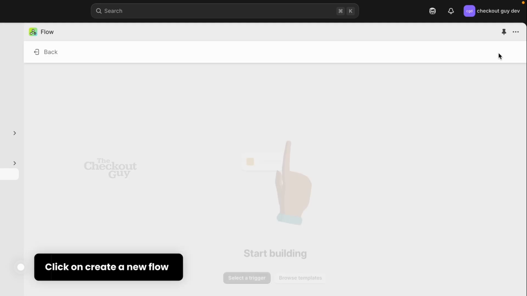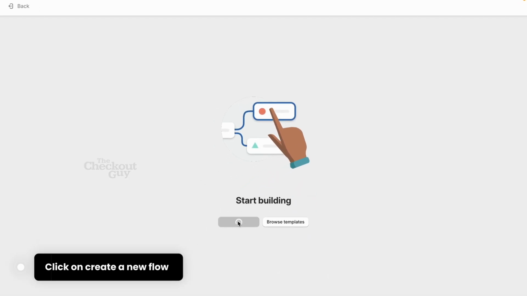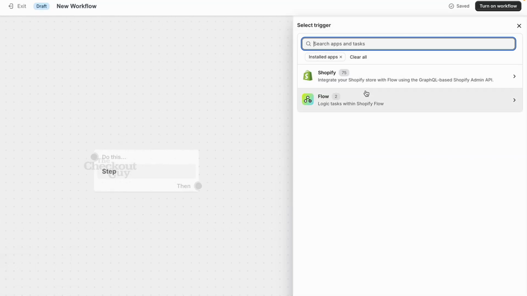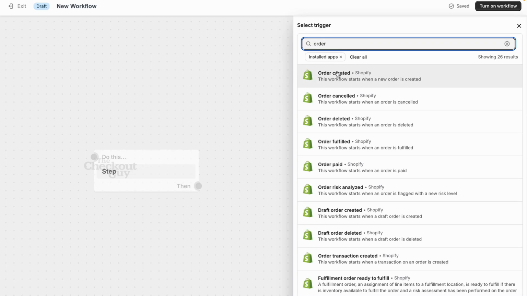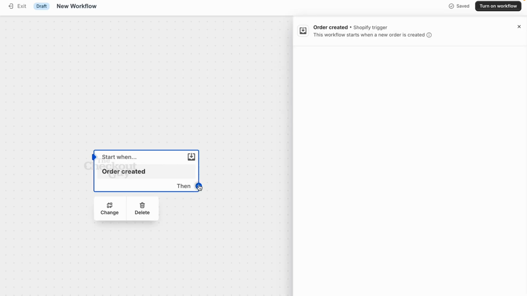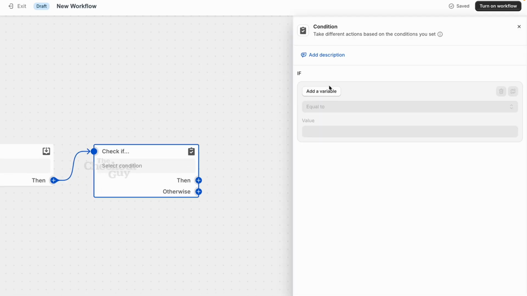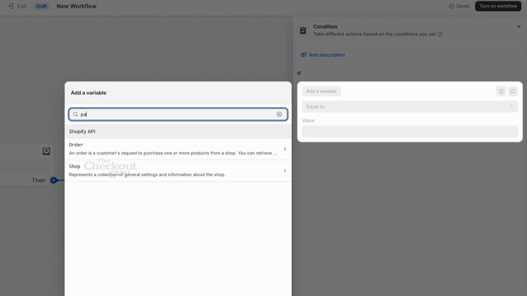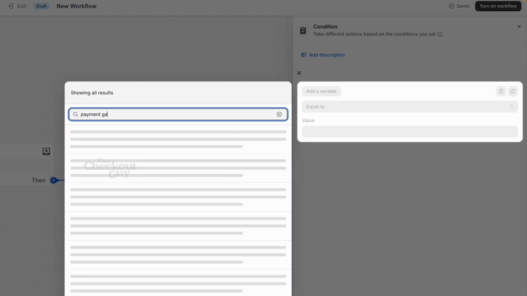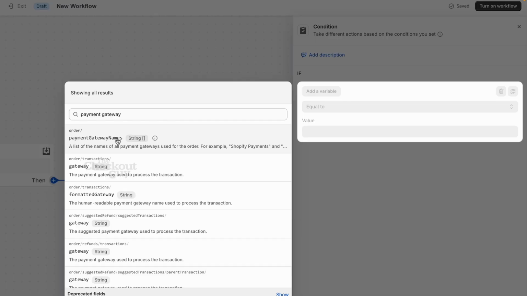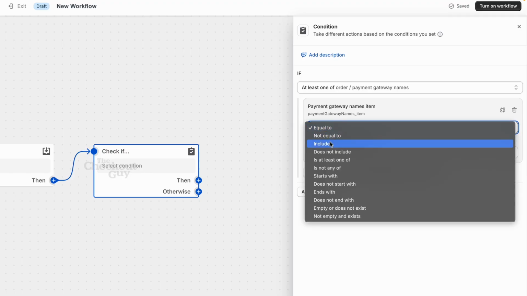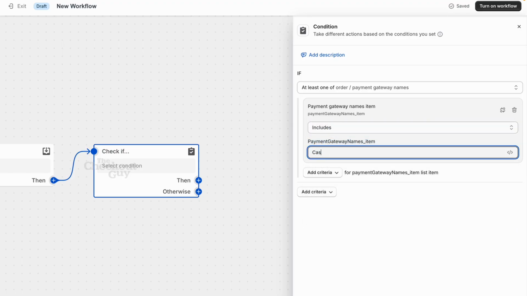Then you can create a new workflow, and we select a trigger. I'm selecting "when any order is created." Then we check a condition, the condition of the payment gateway. Payment gateway is the name used in Shopify Flow. When the payment gateway includes the name cash on delivery,